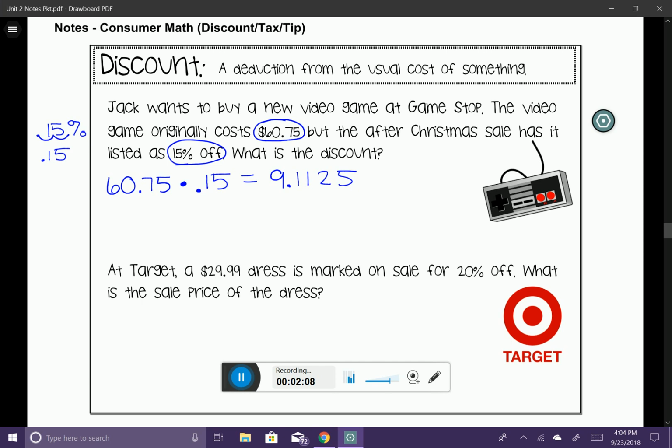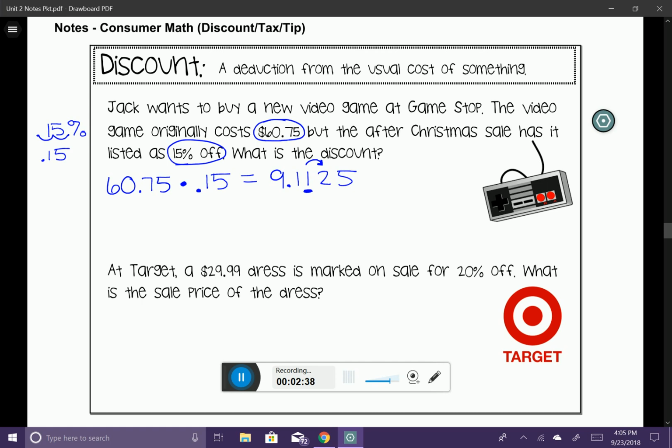But we want to know this in terms of money, right? We want to know how much money we are going to deduct from that price. And in our case, we have to take this big number out to the hundredths place, which is where we always round money to. So just a little review on rounding. I'm going to put a little line under that 1. And remember, we always look at the number to the right, and that's going to determine whether we leave the 1 as is or bump it up to a 2.